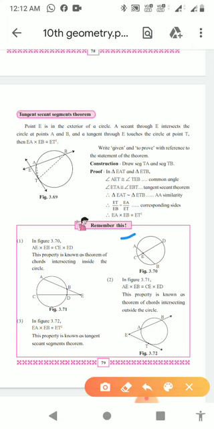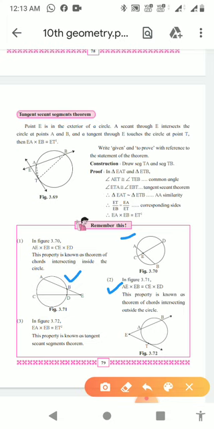Then second, in this diagram, we will see the property: these two chords intersect outside the circle at point E, and this point E is in this case outside the circle, while in the previous case it was inside the circle. So this is the difference, and we can write here also AE into EB equal to CE into ED. This is the theorem of chords intersecting outside the circle. In this way we have quickly revised these two important theorems.